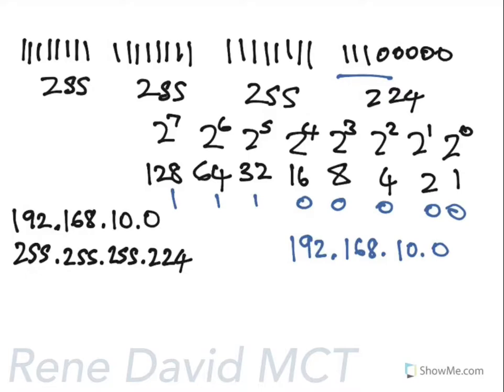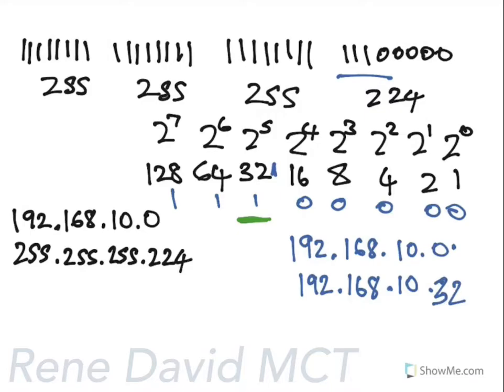Now, obviously, for this particular example, the first subnet would start at 192.168.10.0. Where would the next subnet start? It's very simple. All you have to do is look at the value of the last network bit, and then add it to whatever value came last in order to get the start of the next subnet. In this case, our last network bit is 32, which means our next subnet will start at